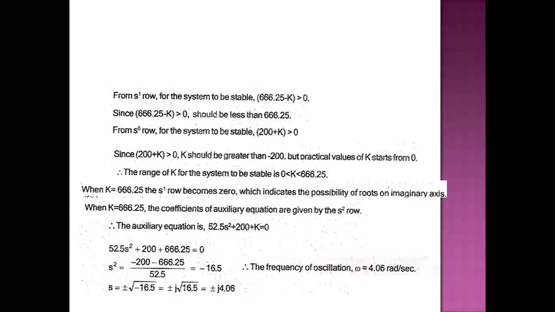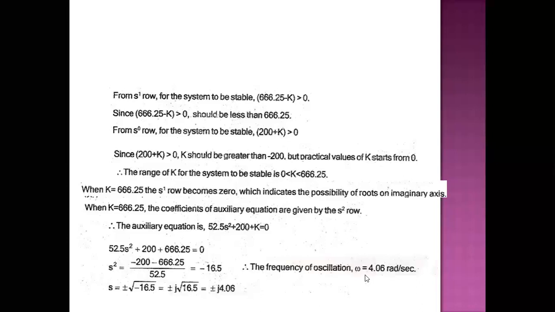The next case is, if any one element in the first column is 0, not all the elements, any one element, you assign a small number epsilon, then you proceed. Okay, after finding all the elements, which will be in terms of epsilon, then finally you replace epsilon, and you will get some value. Then you check for the Routh stability conditions.